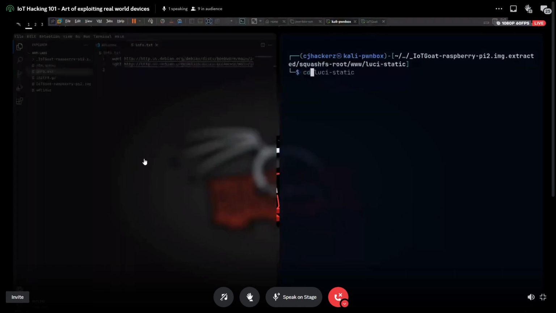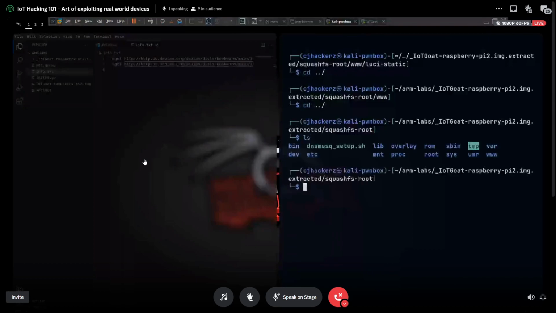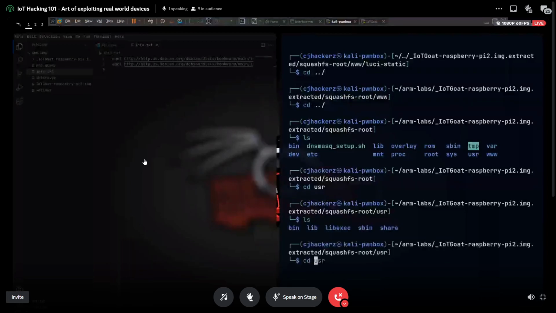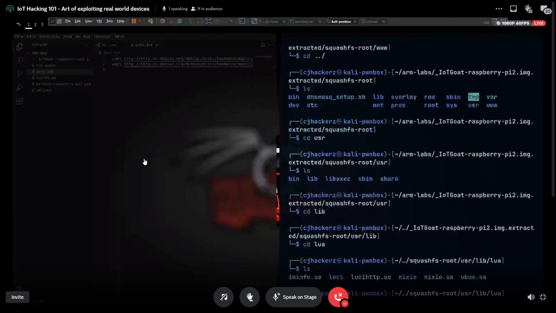So if you look one folder back, not www, this is my root file directory. If you look under usr, then under this, as I said, it's Lua. So we are going to go to lib, go to Lua, go to LuCI.